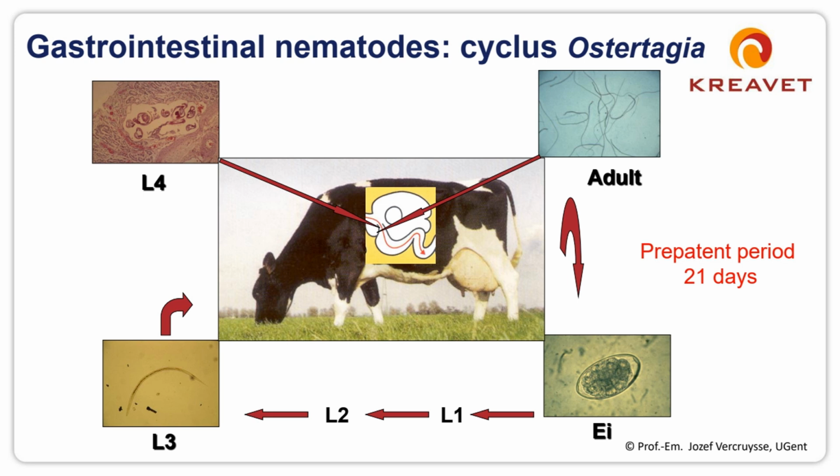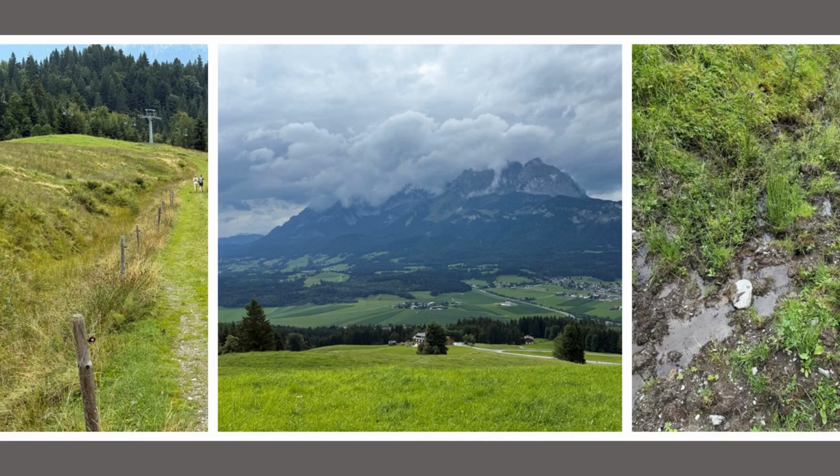This will develop in the stomach or in the guts of the cow, and after 3 weeks they will have become adult and start producing eggs that again are developed in the environment. So very important for this parasite, there's always a phase in the animal, but there's also always a very important phase outside of the animal. The same, because we're also going to talk about liver fluke. So the same applies for liver fluke.